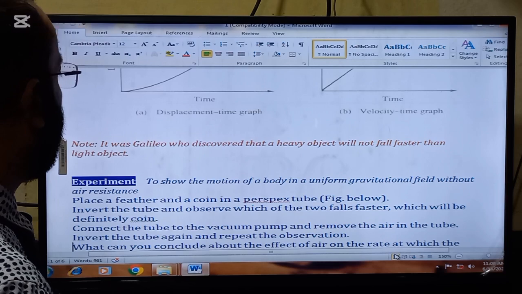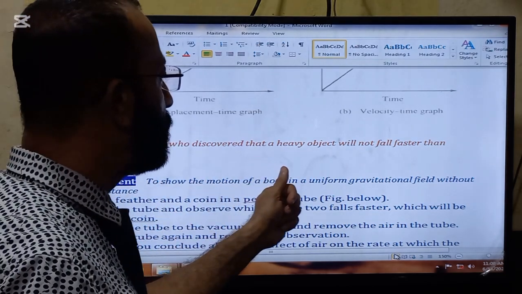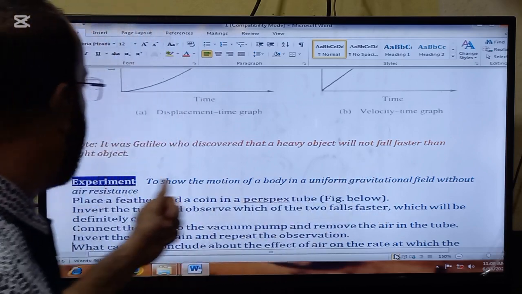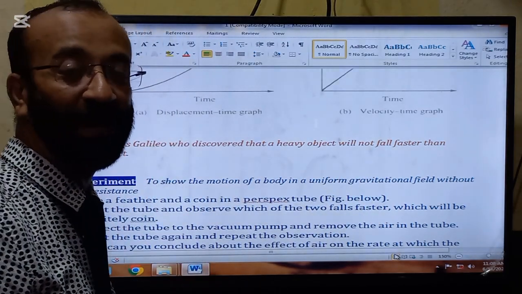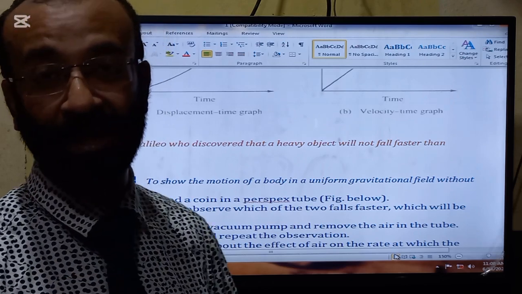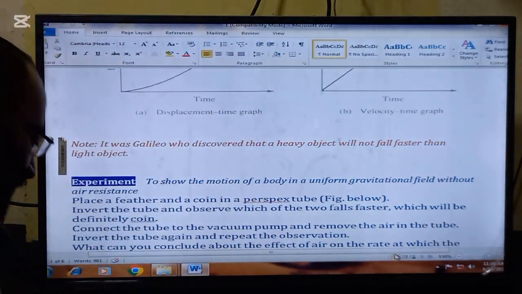And another very important thing, it was Galileo who discovered that a heavy object will not fall faster than a light object. So he is the person who was responsible for discovering this concept. And anyways, the next topic is,